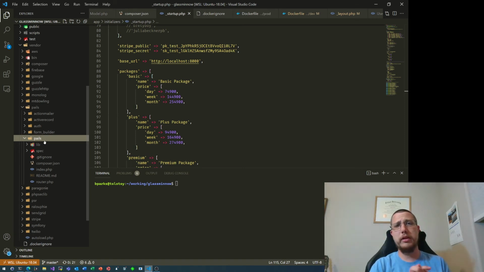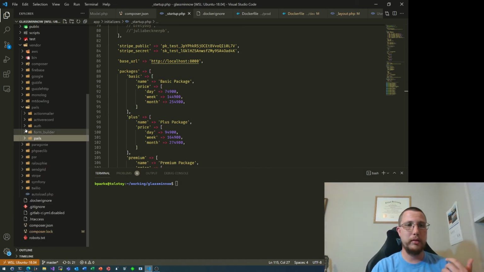So if you're interested in how these MVC frameworks work, I'd be more than happy to do a little deep dive on Pales and maybe add some additional features in the context of this application. Similarly with